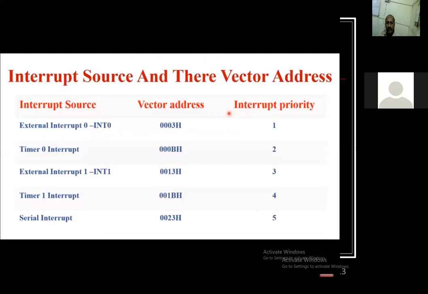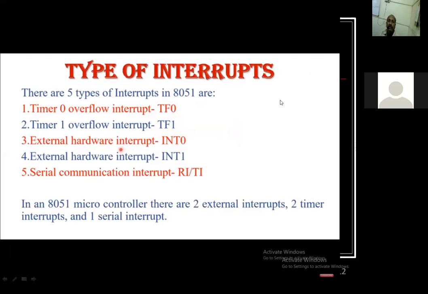In another way, if you are going for the types of interrupts, we have already seen them in the next slide, that is, types of interrupts. There are 5 types of interrupts in 8051: Timer 1, Timer 0, INT0, INT1, and the serial communication interrupt, that is RI and TI.